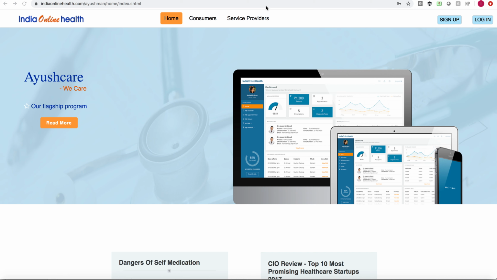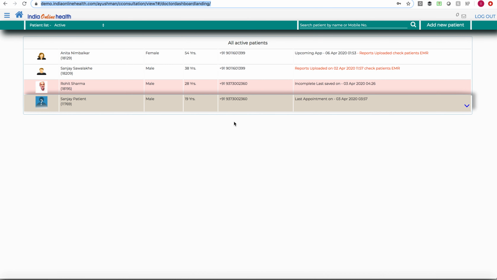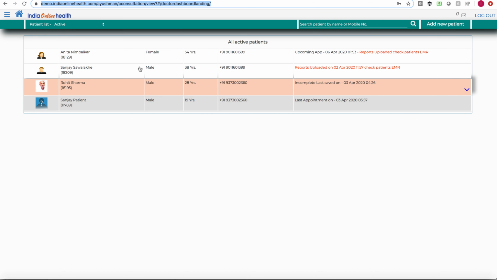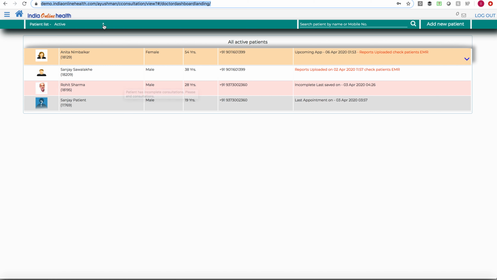So here is a successful login. Once you log in with your credentials, you will be landing on the PHR dashboard. The dashboard will look like this, where the active patients will be listed. You have a filter where you can go through upcoming appointments, filter by latest report uploaded, look at your incomplete appointments, or filter by completed appointments, cancelled appointments, or